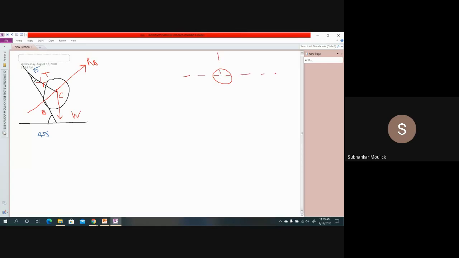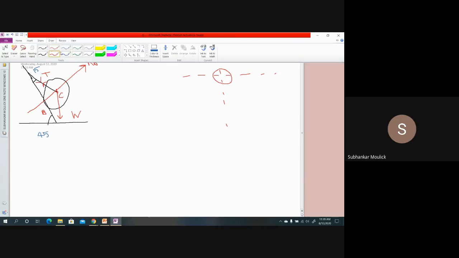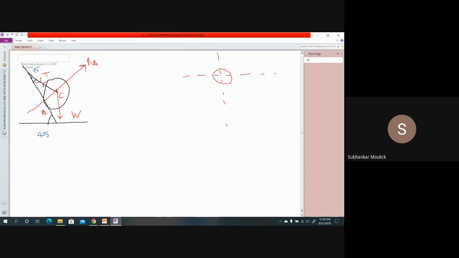This is the center of gravity of the roller. The point is nothing but C. This is the point C. And remember one more thing, while solving the problem, you have to keep in mind that the entire problem is in equilibrium. If the entire problem is in equilibrium, you have to draw the FBD in such a way that all the forces pass through a common equilibrium point. So can you tell me in this question, what is that common equilibrium point?